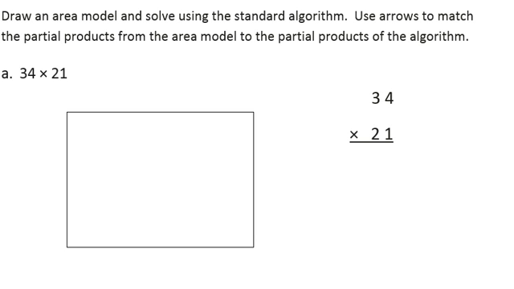So I have the problem 34 times 21. I'm going to take each factor and write it in expanded form. The first factor will be written along the side of my rectangle as 30 and 4. The second factor will run along the top of the rectangle. So 21 is the same as 20 and 1. Now I'm going to divide these place values,